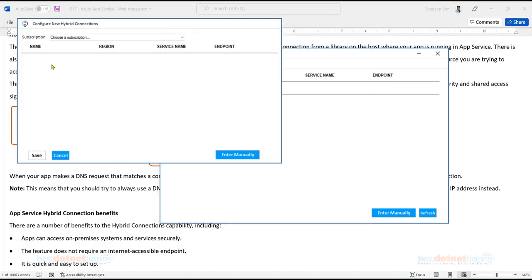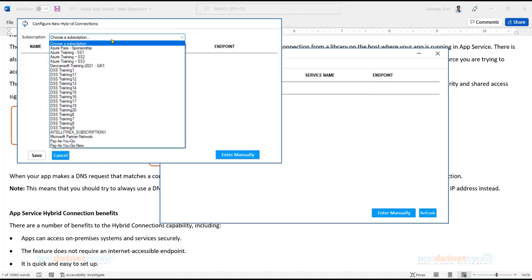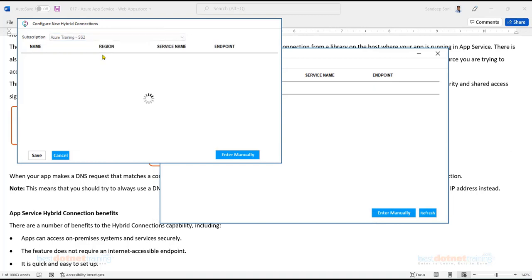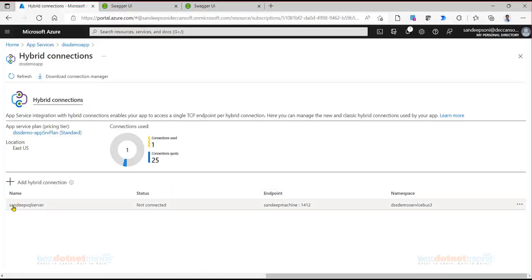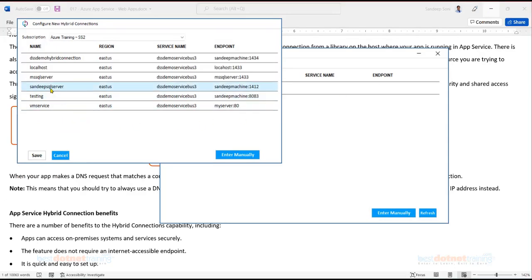So now you see your subscription, choose a subscription. Mine is SS2. In SS2 I have a hybrid connection created. So the one which I am interested in is whatever name we have given here, Sandeep SQL Server. So select from here Sandeep SQL Server.